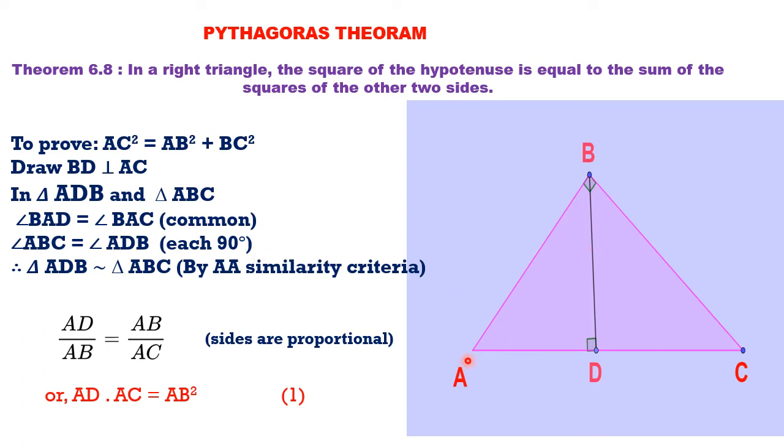Which is the 90 degree angle in the bigger triangle ABC? It is angle B. Hence, you can say it is angle ABC. We have written over here. Similarly, in the smaller triangle, the right angle is at D. Hence, we can write ADB is equal to 90 degree. Therefore, ABC is equal to ADB and each one of them are 90 degree. Now, what about the other angle? If we get the other angle also equal, then our AA similarity criteria will work. This is the easiest criteria.